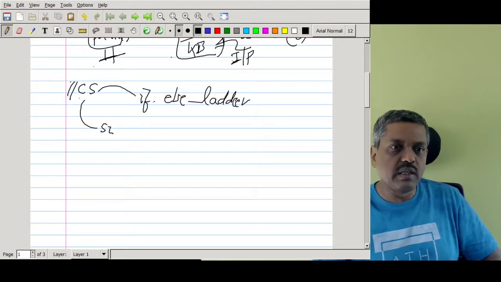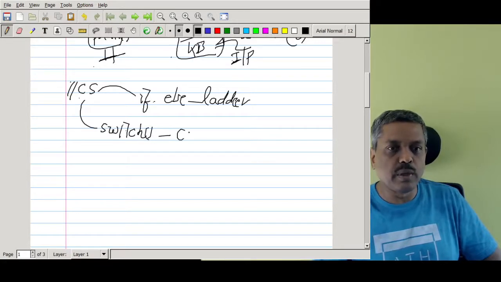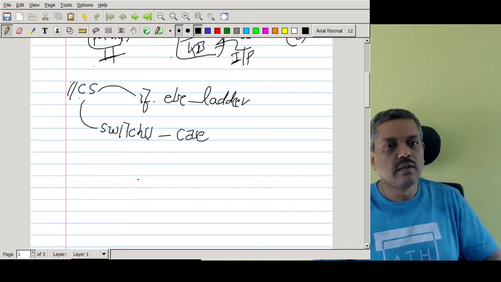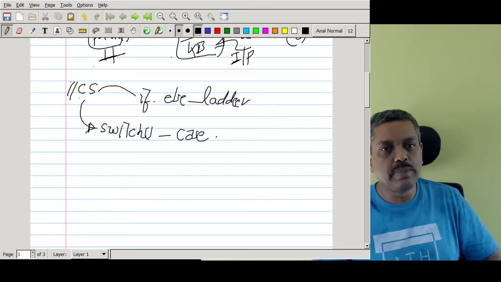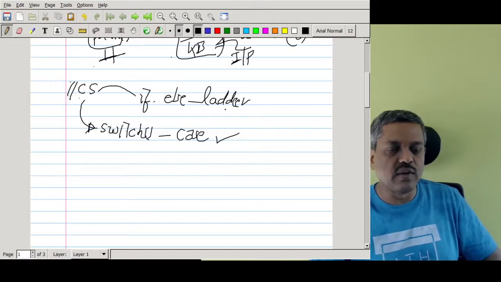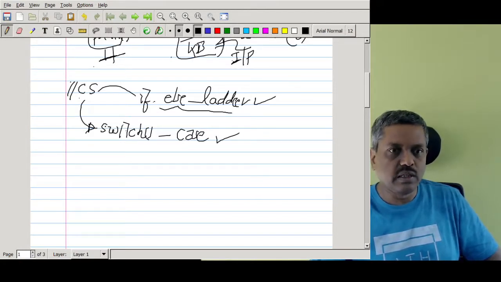But the better option is always the switch case. What is that? Switch to a particular case. That is the meaning. So a switch case control structure is being adopted over here. Of course, you can also try the if else ladder. Both are one and the same, but the format is different. There is nothing big about it. You can try it in any other situation, or I will show you how to do that using the if else ladder. For the time being, we are adopting this switch case.